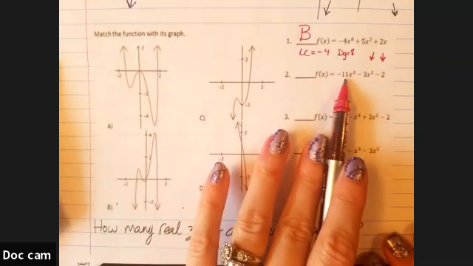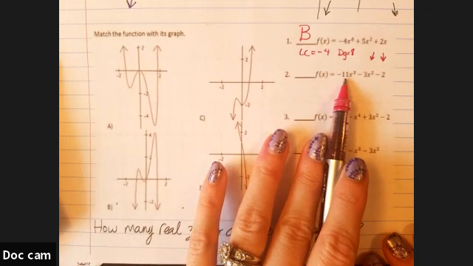And then this right here says negative 11x cubed, or in other words, negative